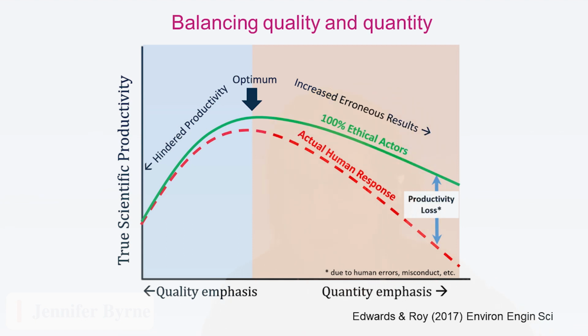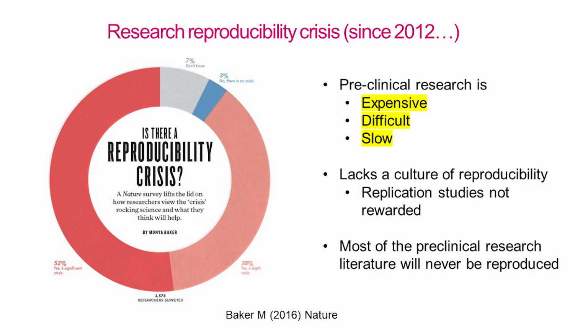But then, of course, if there is not sufficient attention to quality, then we can actually have virtually no scientific productivity at all. So we need to balance these two things so that we can achieve progress, essentially, in the real world. In human biomedical research, there is an indication that there is an overemphasis upon research quantity as opposed to quality, and that was exemplified about 10 years ago when people started talking about the research reproducibility crisis. So the diagram on the left came from an article written by Monya Baker in Nature in 2016, where a lot of researchers were very concerned about the inability to reproduce previously published work.